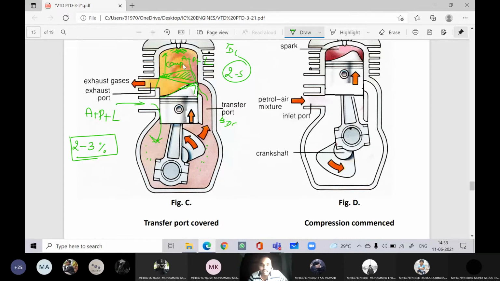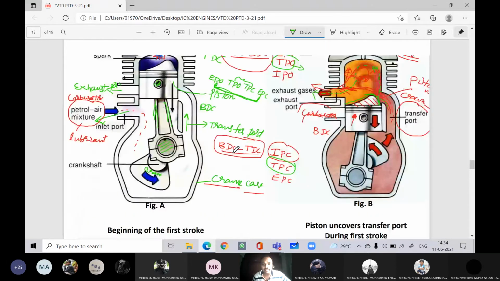And one more reason, we are burning the lubricating oil within the combustion chamber. So what will happen? Some carbon deposits are formed over the piston. Therefore, maintenance is more. Not only over the piston, but over the cylinder walls, that will block the passage of the piston. It is like mud, like a thick gum-like material formed because of burning of the lubricating oil. That is the reason maintenance is more for the two-stroke engine. Is the working clear? Please tell me.